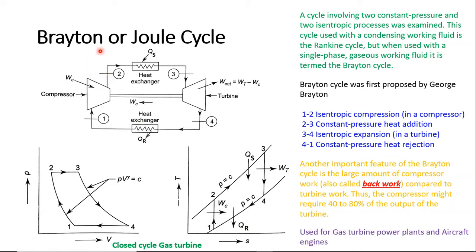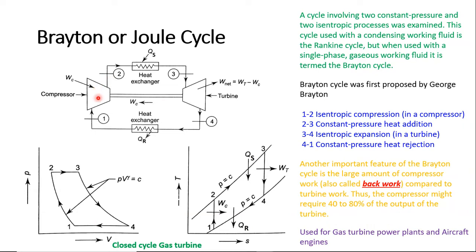So what are the applications of Brayton cycle? They are mainly used in gas turbine power plants and aircraft engines. Now there is a reversed Brayton cycle also, where instead of having clockwise arrows we have anti-clockwise arrows because it is reversed, and it is also called Bell-Coleman cycle, that we will study in HVAC, where that cycle, reversed Brayton cycle or Bell-Coleman cycle, is used for refrigeration or air conditioning using air as the refrigerant. So there cooling occurs with the help of air in case of Bell-Coleman cycle.